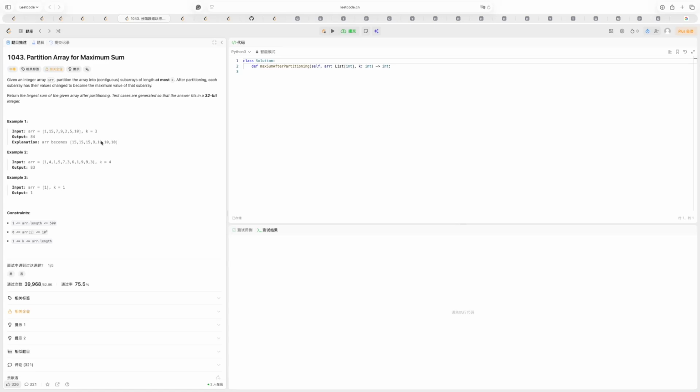LeetCode 1043. Partition Array for Maximum Sum. Given an integer array, partition the array into contiguous subarrays of length at most k, and after partitioning, each subarray has its values changed to become the maximum value of that subarray. Return the largest sum of the given array after partitioning. Test cases are generated so that the answer fits in a